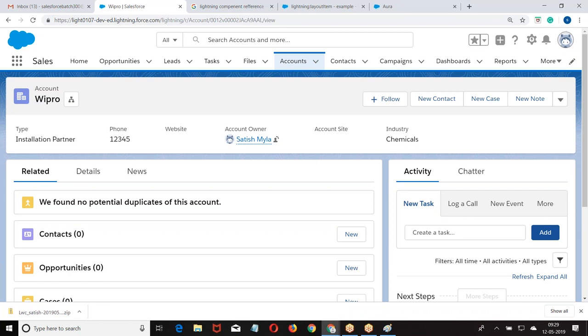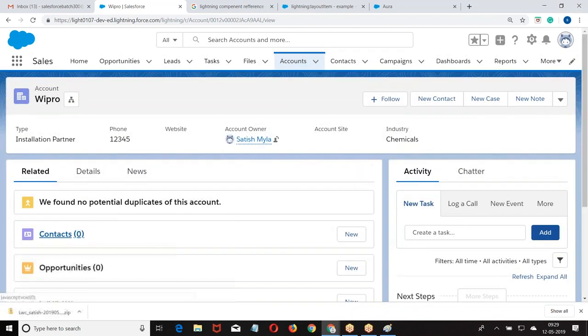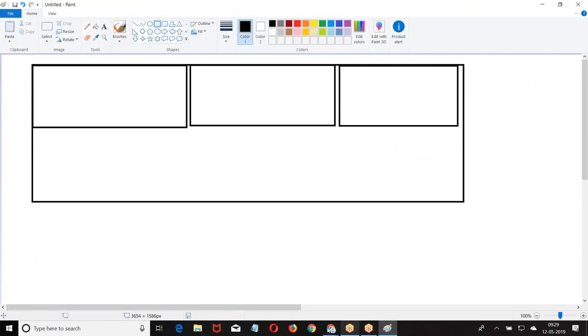Now, what is the information we are going to print? We'll see how to get the different structure. But the layout, this is the theme of the story. Are you getting my point here? So how are we building? We are creating a lightning card and printing data, with actions on the top. At the same time we are taking layout items and we want to print them. So here I have taken S object.